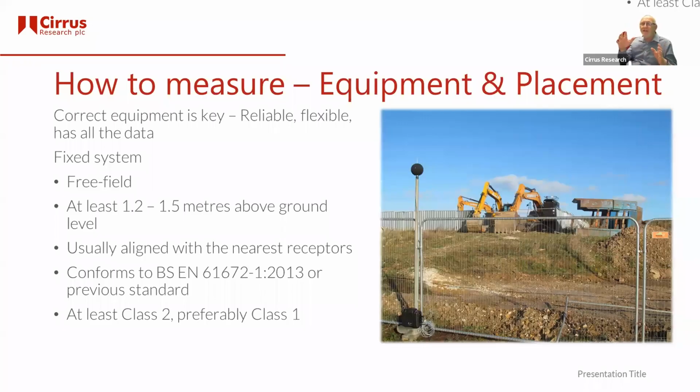Depending on the topography of the site, you may need to adjust the height. So you've got a site which is low down, and the people that have been affected are on a hill nearby. You might adjust the height so it's the optimum height for that site, but minimum 1.2 to 1.5 meters. Alignment on the boundary with the nearest receptors, if you can. As I said earlier, you don't want to put it in a corner of the site where you've got no housing nearby. It needs to be in a line with where those receptors are, so we're looking to see what's exiting the site and what is likely to be affecting those near neighbours.